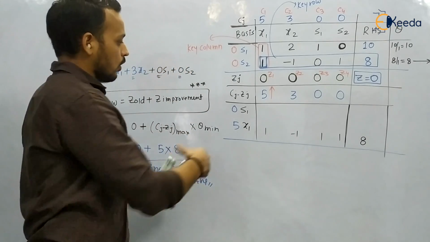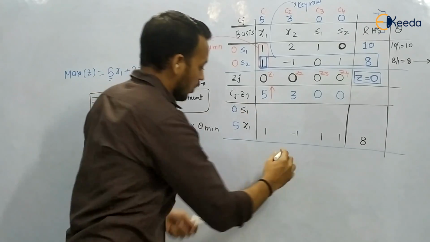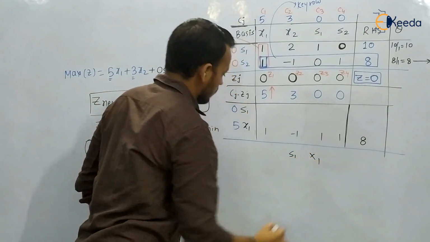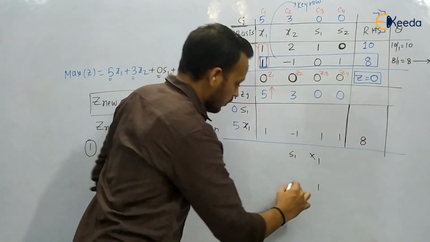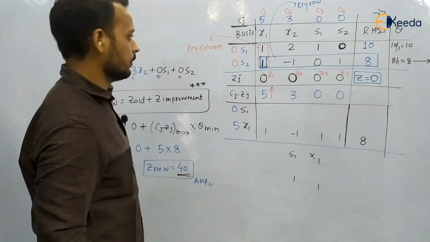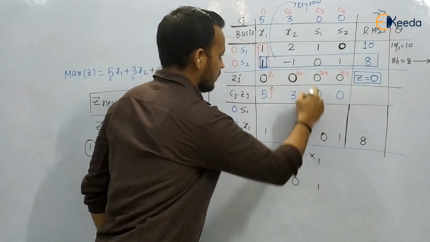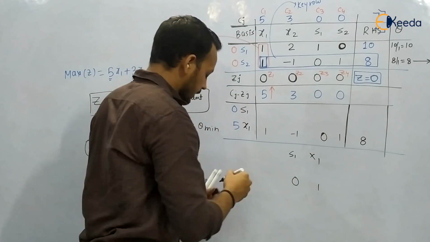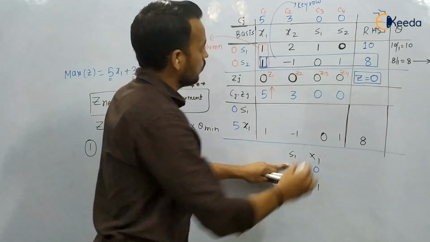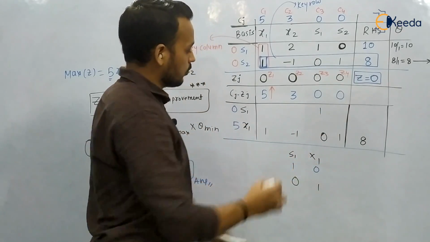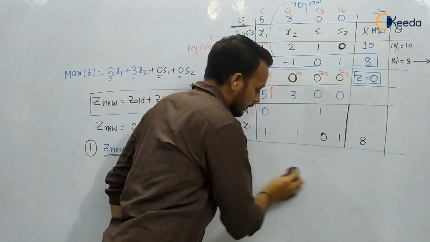Okay, now we have to form the identity matrix. These are the basic variables, so they will form the identity matrix within the simplex table. So how to form it? Right here S1 and x1. You can see x1 is having value 1, and this S1 is having value 1. Okay, so it is basically 0 by 1, it is 0. So to make the identity matrix, what we will do, we will write here 1 and here 0. So below S1 you have to write 1, and below x1 you have to write 0. Okay, so they will form the identity matrix within the simplex table.